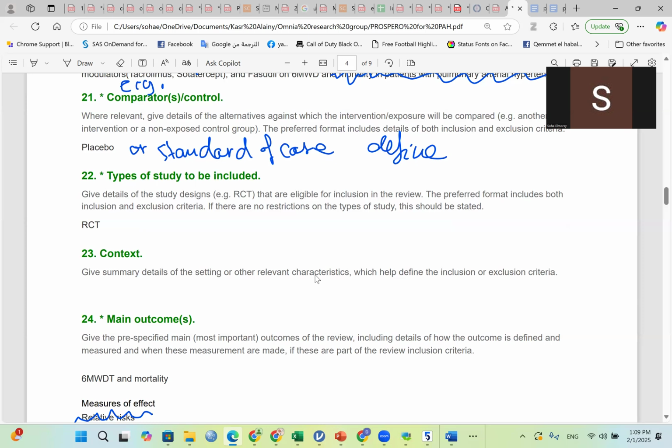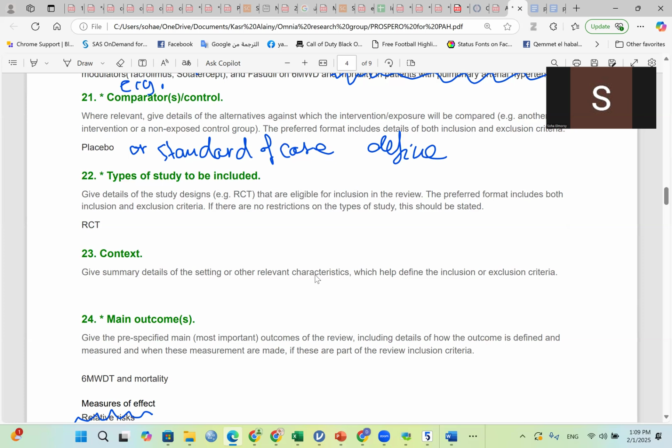Okay, perhaps you want to include only studies that are performed in primary healthcare centers, or perhaps you want to include studies performed only in ICUs or in tertiary care hospitals or in developing countries or in developed countries. This is called the study's context.